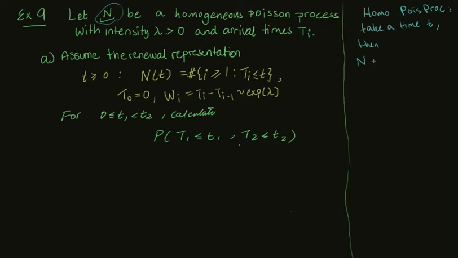Then the number of claims that have occurred up until time t is Poisson distributed with some mean value parameter. Now, if it was an inhomogeneous Poisson process, I would have written mu of t. Now, since we have a homogeneous Poisson process, the expected number of claims at time t is just lambda multiplied